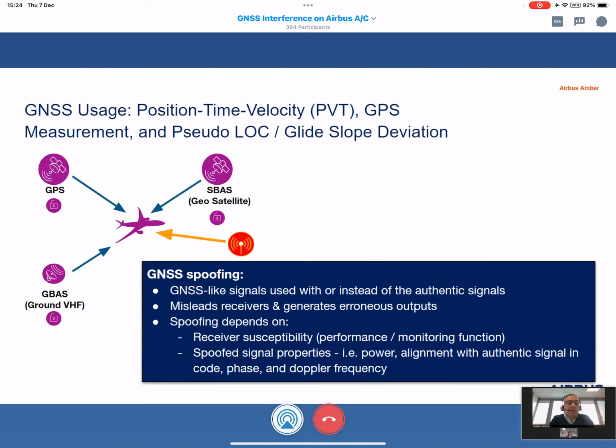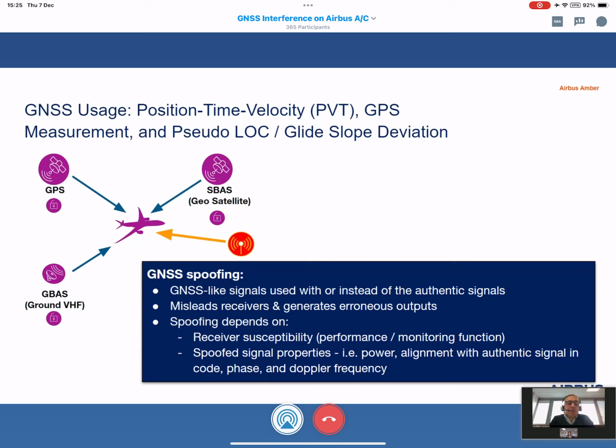The spoofing depends on receiver susceptibility, so the capacity of the receiver to receive the signal from the ground instead of the GPS satellite signal, and its inability to monitor and reject this signal, and also on the spoof signal properties, such as strong power and proper alignment with the authentic signal in code phase and Doppler frequency.